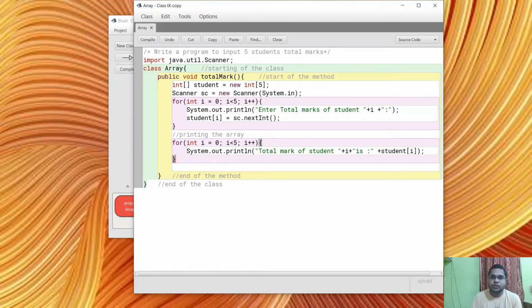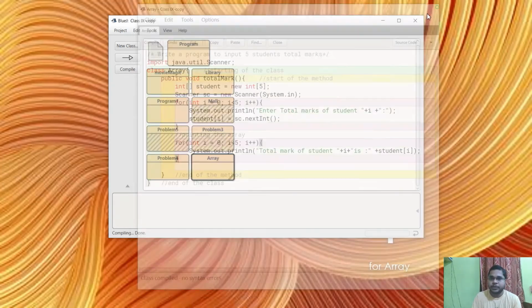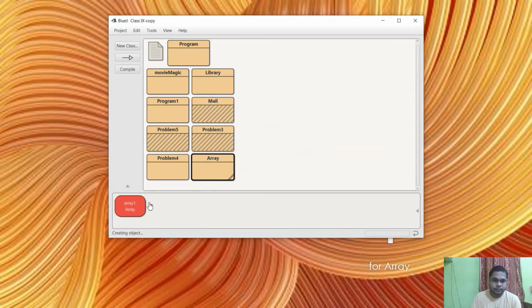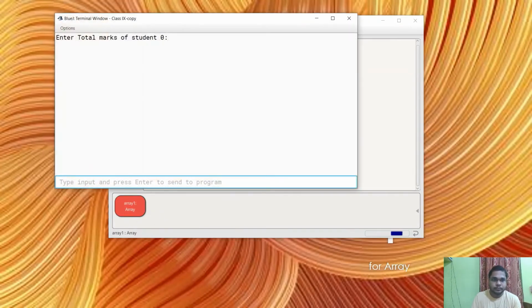Okay, so in this way you can print the whole array. Okay, let's compile the program again and run the program. Take 5 marks.